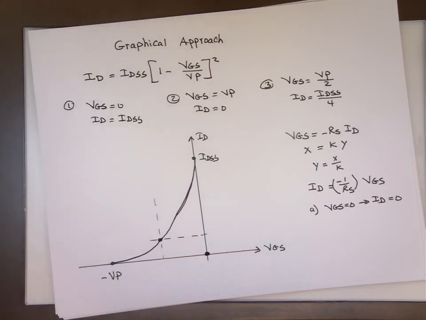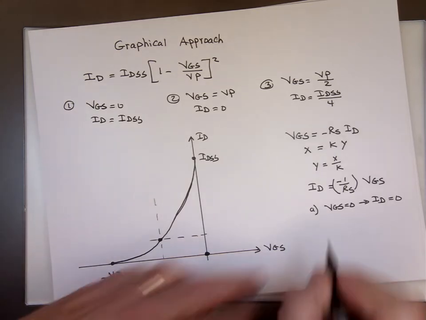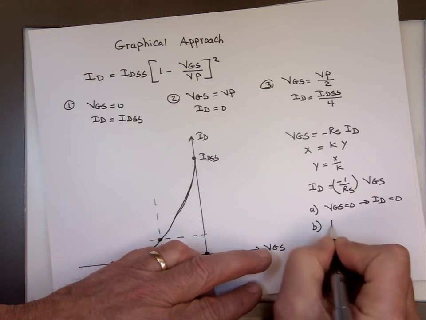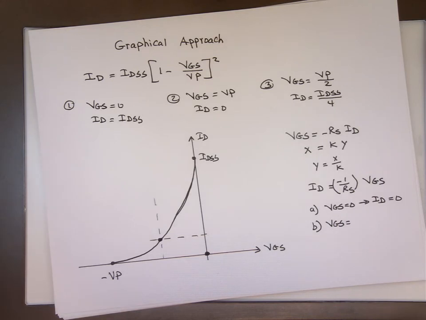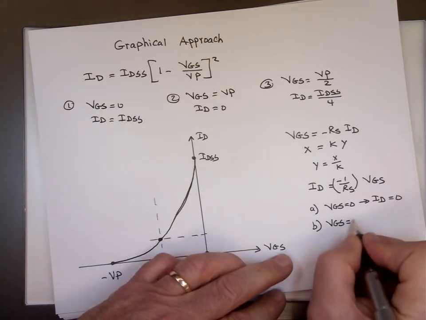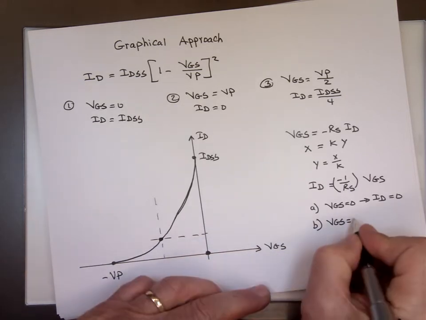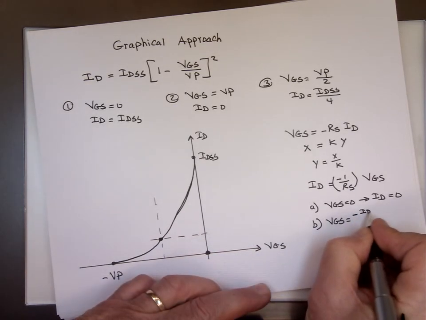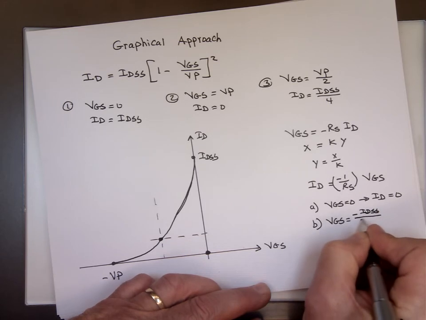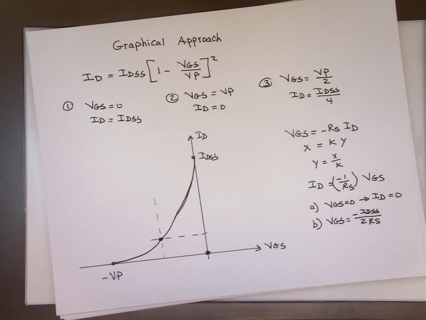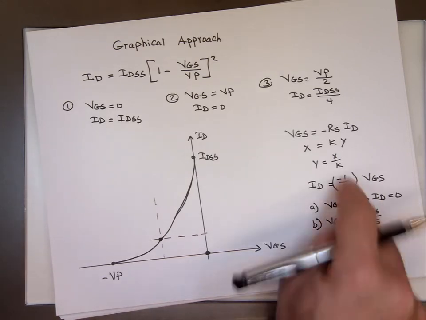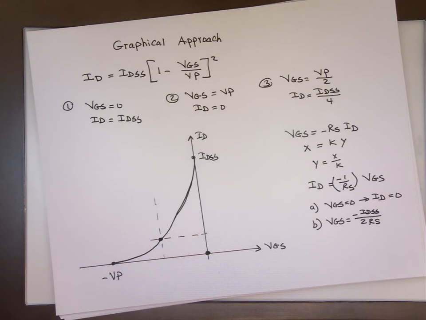Point number 2, pick any number that you want to. So I want to make the math cancel out. So what about if I pick VGS equals negative, because it has to be on the negative side here, I sub DSS over 2R sub S. The reason I picked that is because I want the R sub S to cancel each other out. So if you plug it in,